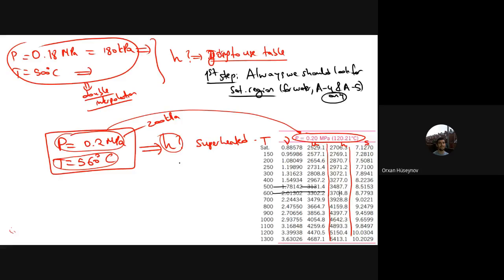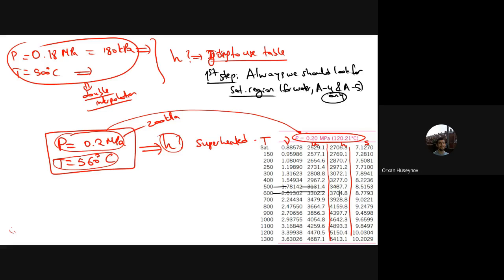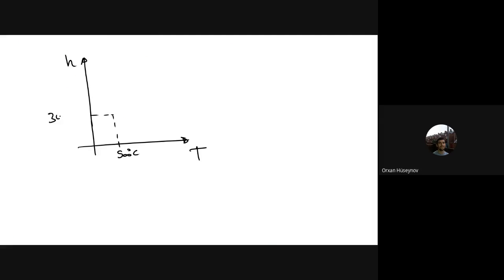Linear interpolation means that this part is the enthalpy and this part is the temperature. For the temperature of 500 degrees Celsius, the enthalpy value is given as 3487.7. If I move on to the next line, which is 600 degrees Celsius,